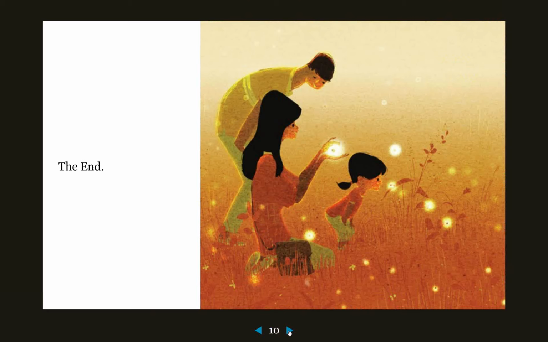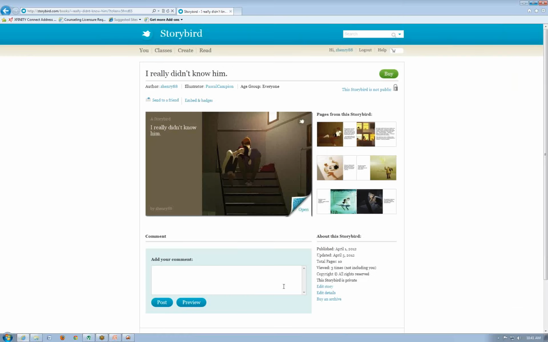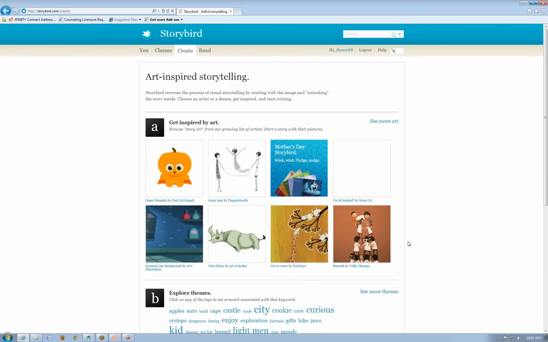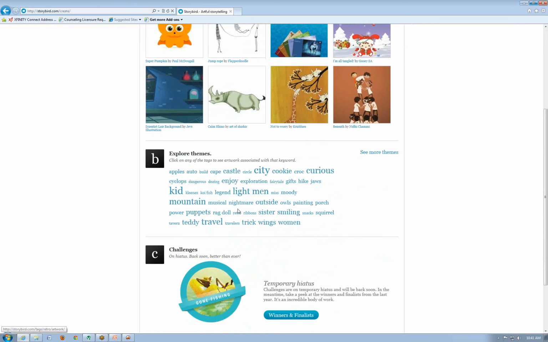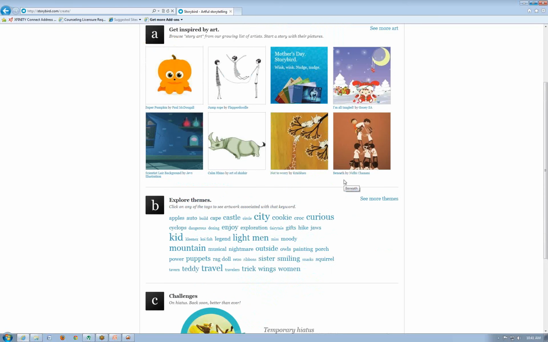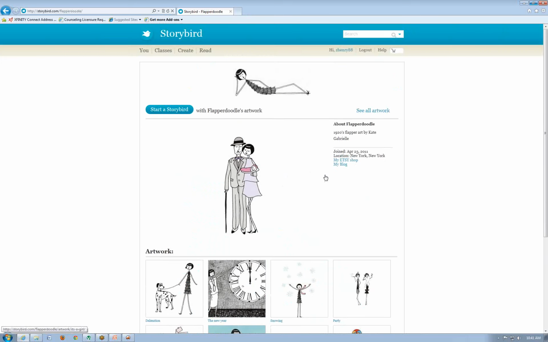And so you may want to just play around in Storybird. This is my first time actually working with Storybird. So I thought that it was really interesting, the different pictures that they give you to actually go in and come up with a story. And so, again, any kind of theme that you want or any kind of picture, so really wherever you want to begin. So if you think about starting a Storybird here,